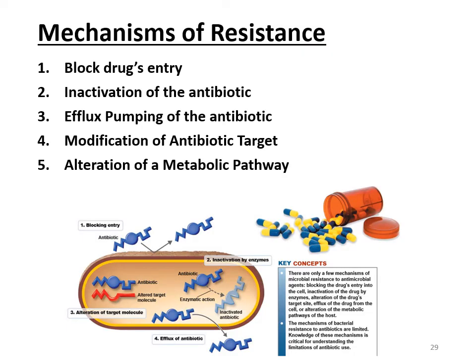Now we keep saying the term antibiotic resistance, and we haven't really gone into the details of what exactly that means. What mechanisms are these bacteria using in order to fight the antibiotics? Okay, there are 5 main ways that bacteria will resist the antibiotics. The first one you see here is by blocking the drug's entry into the bacteria. Okay, so if the antibiotic cannot get into the bacteria, it can't kill it, right? The second one is inactivation of the antibiotic. So in this case, the antibiotic makes it into the bacterial cell, but the bacteria will then break or destroy